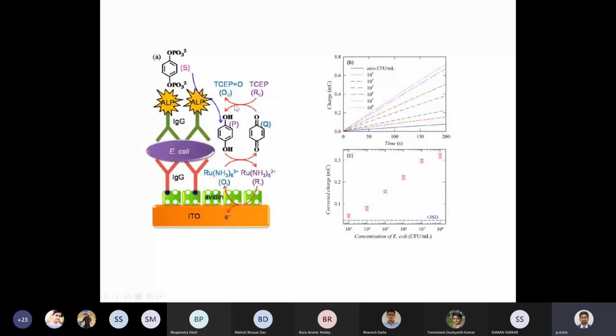I mean, you can use your ECC redox cycling by using some ruthenium complex and T cell. So this is, you see, the hydroquinone. This one can come from this substrate that can react with the ALP. So that I already taught you, right? How you can use this kind of ECC redox cycling reaction, how you can choose the chemical,